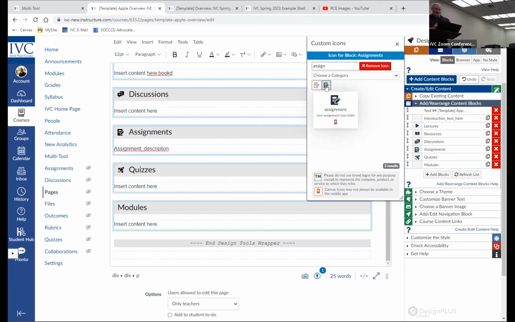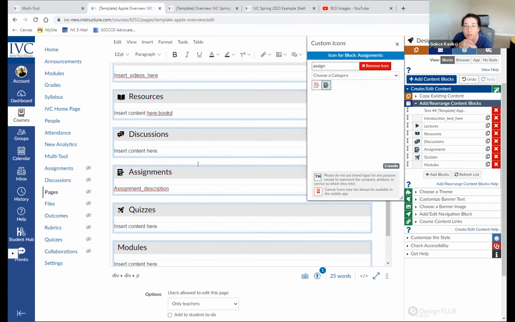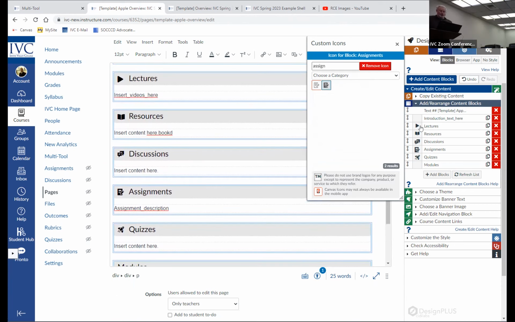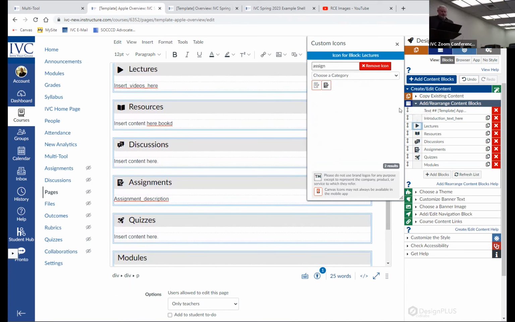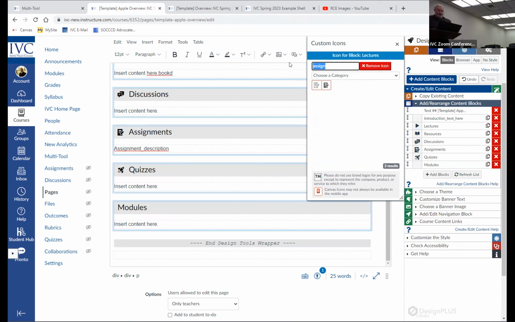Blue, I see you've got your hand up. Yes, as I'm doing it with you, I'm noticing, and these things bother me quite a bit, the lectures icon is significantly larger than others. How do we fix that? Or in my case, it is. I'm using, what am I using? Basic bar? Okay, so you can click on the icon here under the add and arrange content blocks, and you can even choose something else. It might be a font thing that you need to change it to make your font bigger or something like that, but I'm guessing